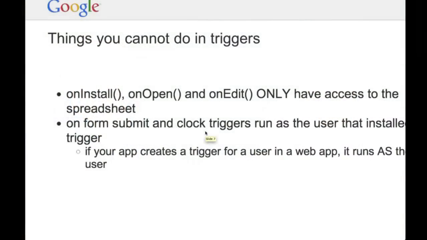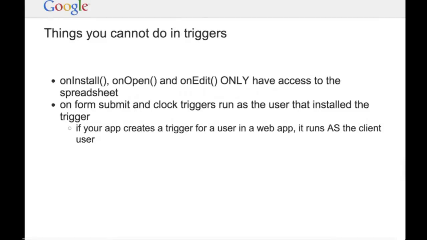I touched on this earlier, but again, you cannot use onInstall, onOpen, and onEdit to do anything beyond accessing the spreadsheet they're contained by. You can't send emails. You can't access users' drive. You can only edit the spreadsheet. On form submit and on clock triggers, these run as a user that installed the trigger. So if your app programmatically creates a trigger for a different user, it runs as a client trigger, so as a client user. So let's say I create a web application and Colleen comes and he clicks some button. Well, the trigger now runs under him and not under me,